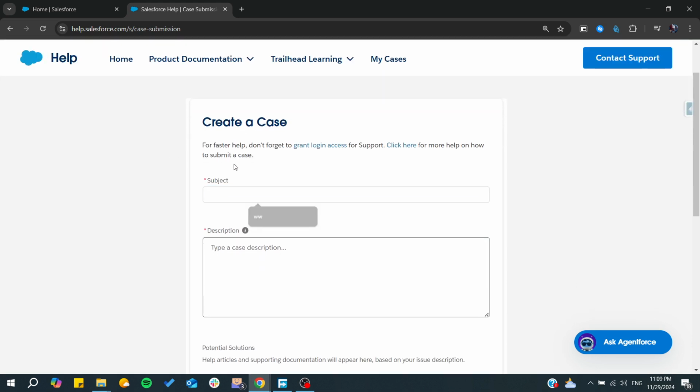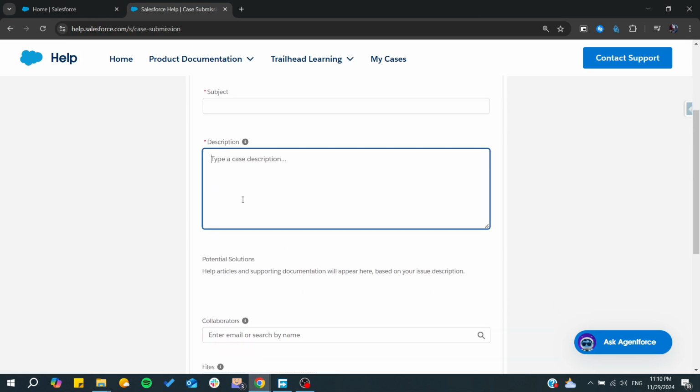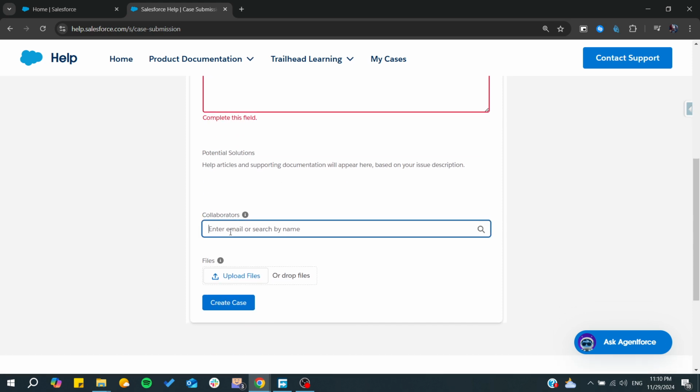Now you can add the subjects of the case, and of course don't forget to grant login access for the support, and then you can get it in from your setup. You can learn more about it from here. So basically you will need just to fill in the information here. You add your collaborators, and you can add some files and click